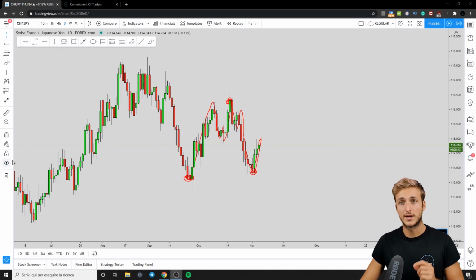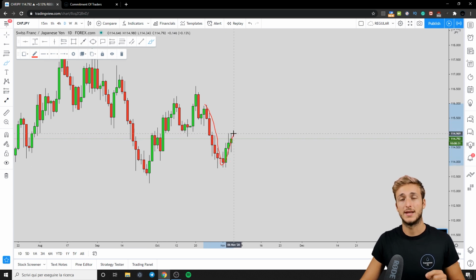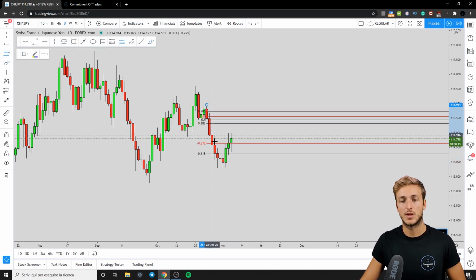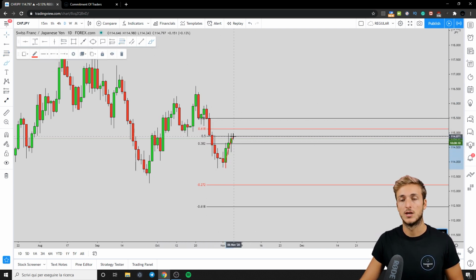But at the moment, what is the situation and how can we be looking to capitalize on the next move of CHF JPY? Now, at the moment, the situation from a daily perspective is of a nice impulse to the downside, followed by this correction. Now, in general, after an impulse, if you want to measure the correction, what you have to do is take your Fibonacci from the high to the low of the impulse. And if we do this, we can see that the market has currently retraced exactly to the 50% of the Fibonacci taken on this daily impulse, from which, generally speaking, we expect the continuation to the downside